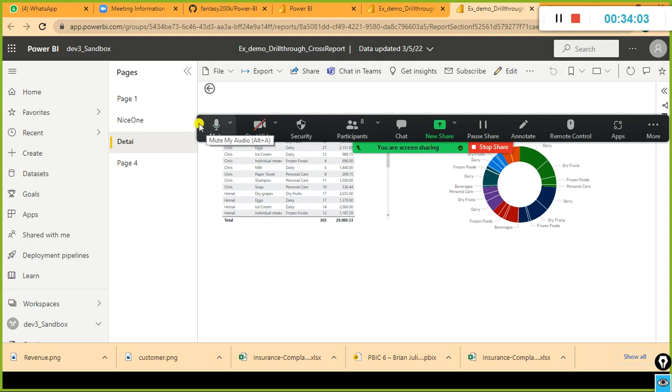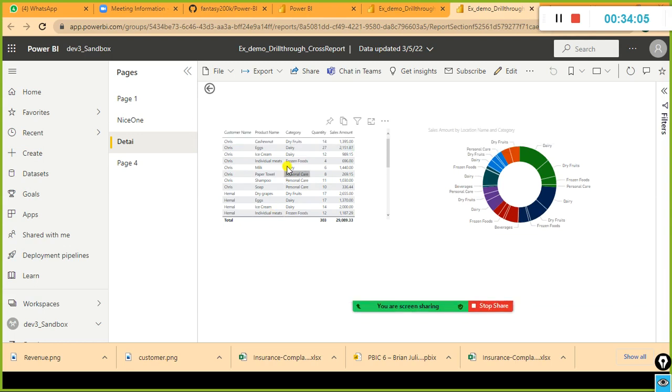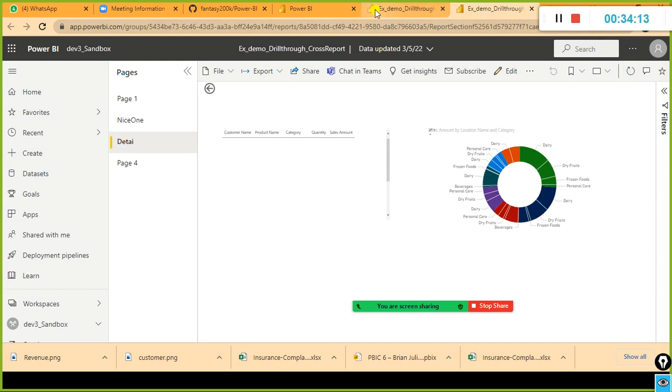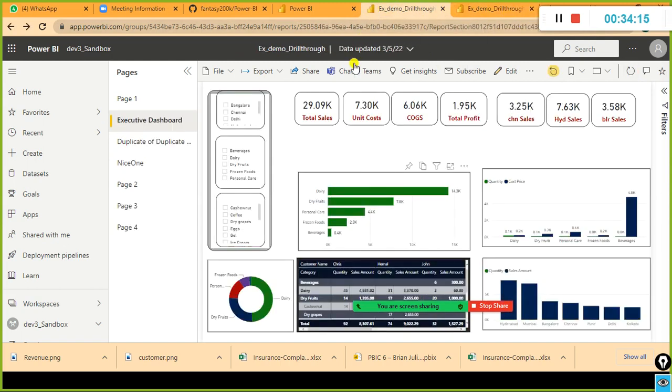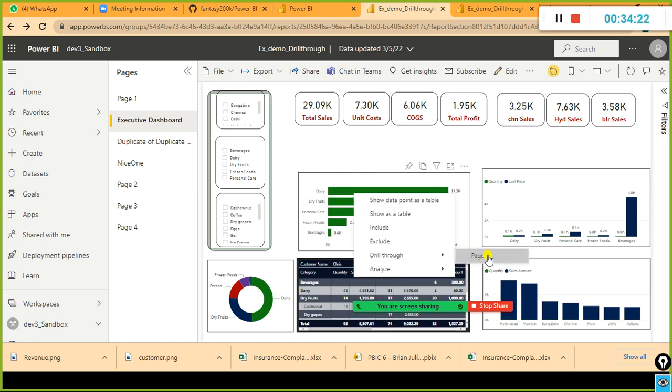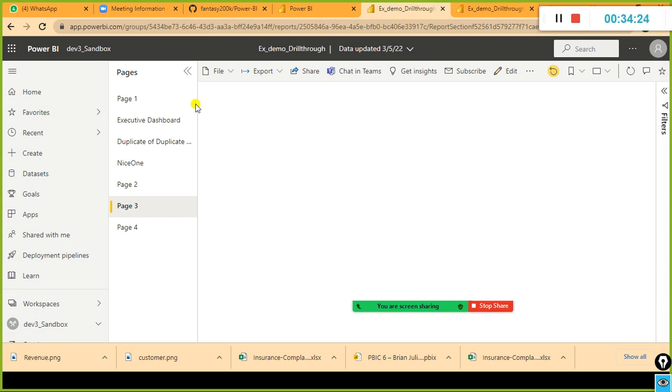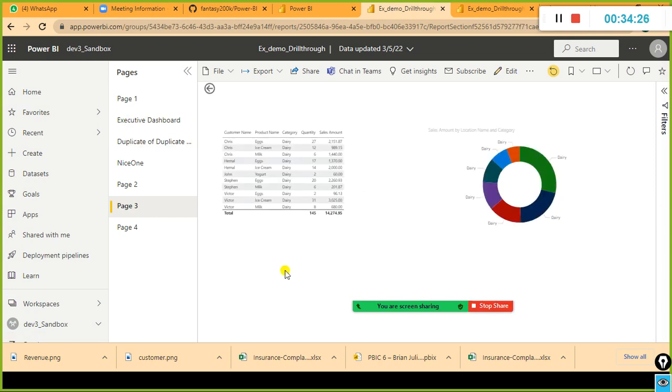It is showing for everything. It is doing the drill through within the report, right?